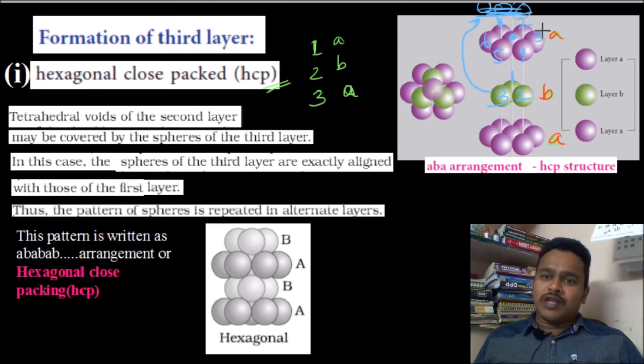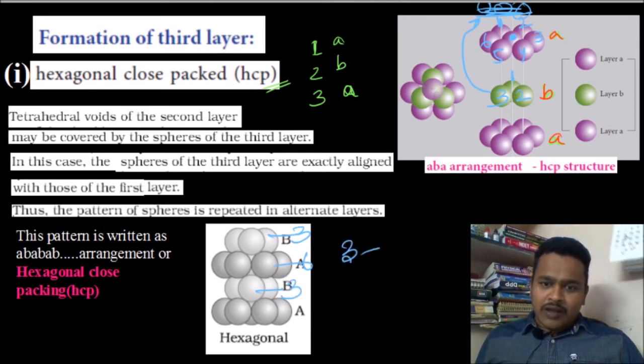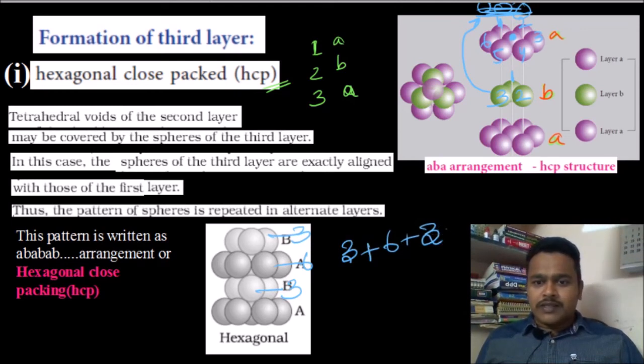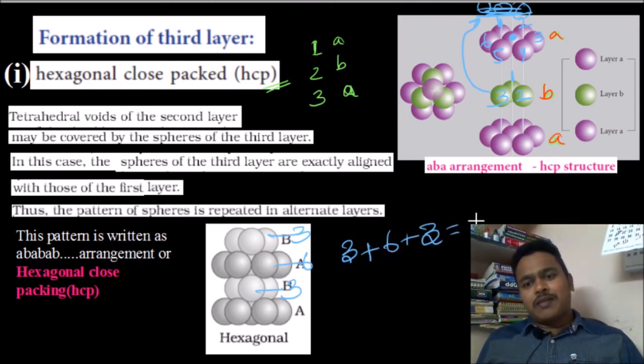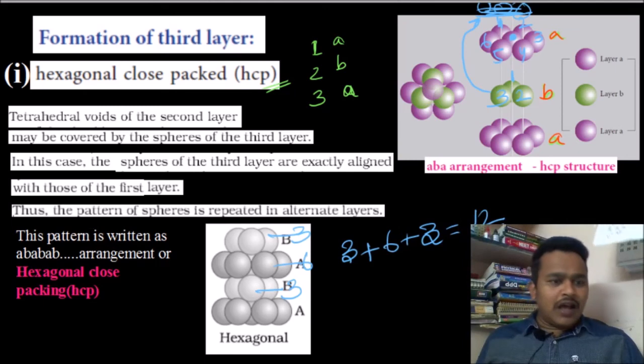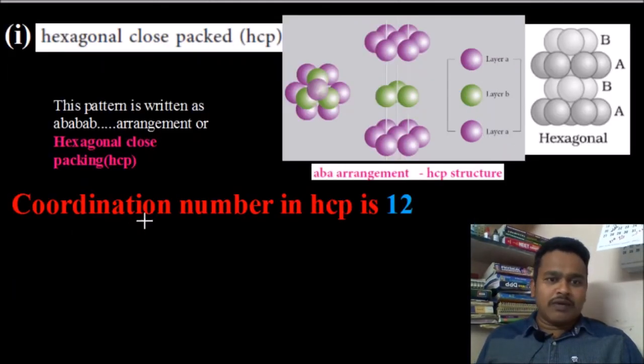Above 3, same layer 6, below layer 3. Overall, one sphere is in contact with how many spheres? 3 plus 6, 9, 9 plus 3, 12. That is the coordination number for HCP.